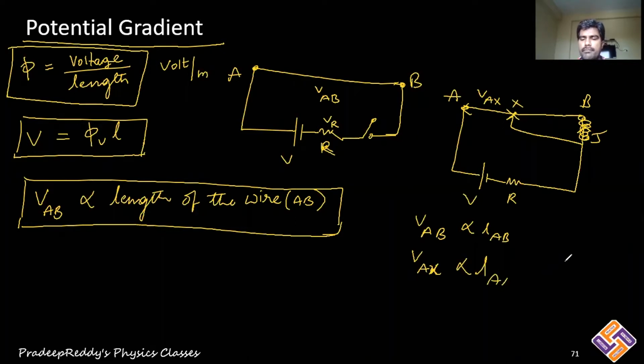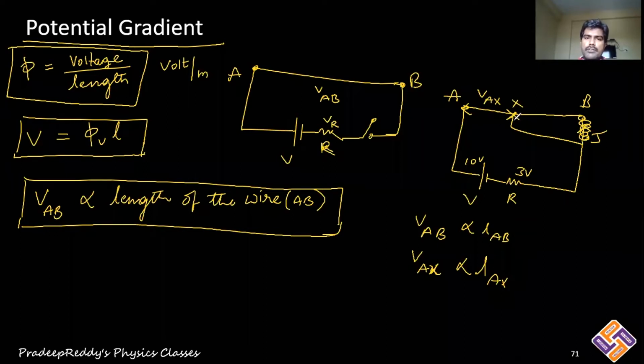Remember that. However, the voltage dropped in the previous case and the voltage dropped in this case will be the same, because there will be some voltage here. Say for example, if you are providing 10 volts, the resistor value does not change. The resistor value will remain the same. As a result, if suppose 3 volts is dropped across this resistor, in the previous case 7 volts is dropped across AB. For the total length AB, 7 volts is dropped, because it is length AB.